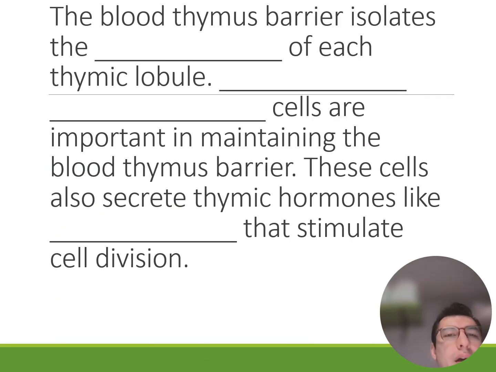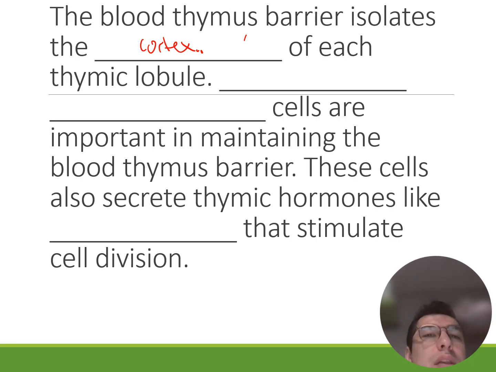Alright, so the blood-thymus barrier isolates the blank of each thymic lobule. Blank cells are important in maintaining the blood-thymus barrier. These cells also secrete thymic hormones like blank that stimulate cell division. So just keep in mind that the blood-thymus barrier is meant to keep immature T cells from entering circulation, because if they enter circulation, they're going to start attacking your own tissues. So we have T cells in the cortex, and this blood-thymus barrier isolates the cortex